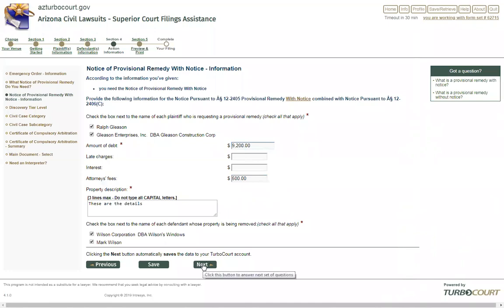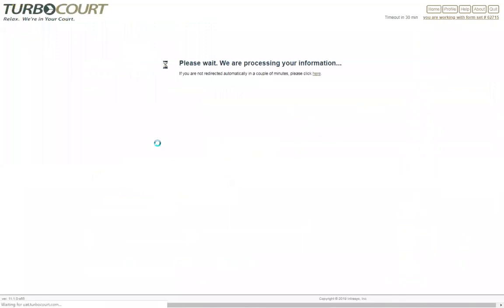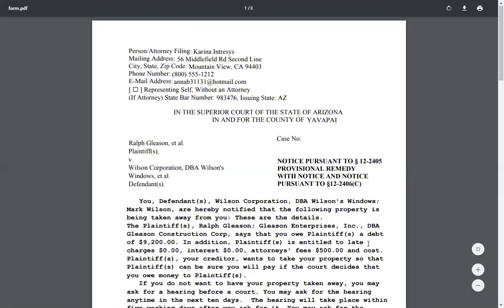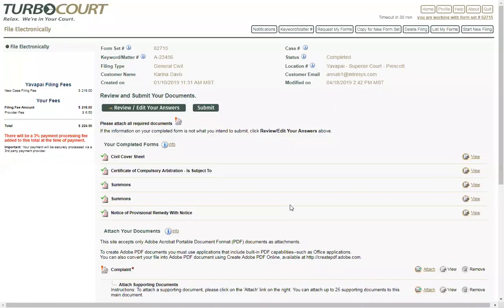Remember to click Next or Save. Okay, I'm good to go. So now I'm just going to jump right back into the preview by clicking on that preview link. AZTurboCourt is going to regenerate everything based on any changes I just made. And now when I look at my notice of provisional remedy, it's simply been recreated with whatever changes I made. So those are all the documents that it generated for me in this particular filing. And again, the notice of provisional remedy is there because on the emergency order screen, I said I wanted one